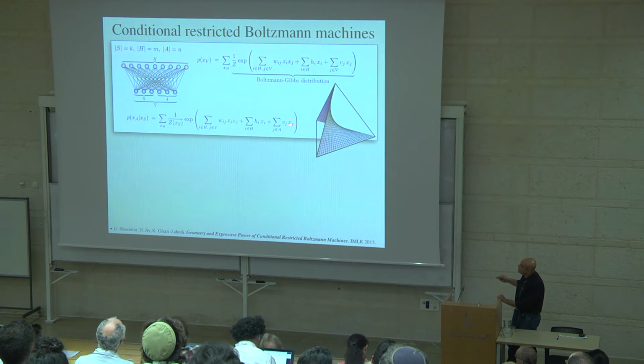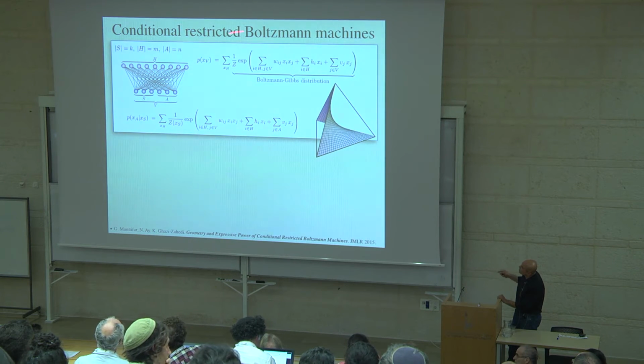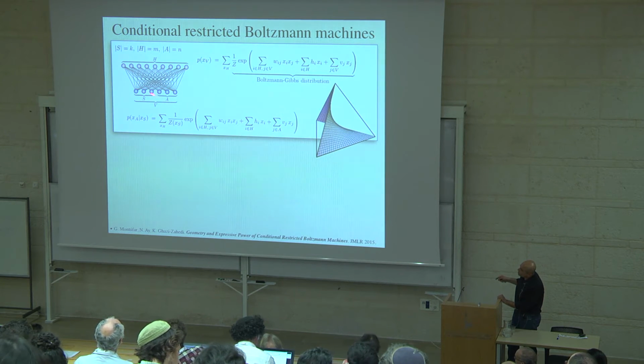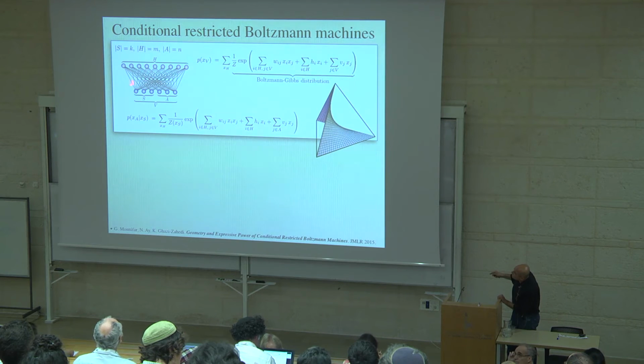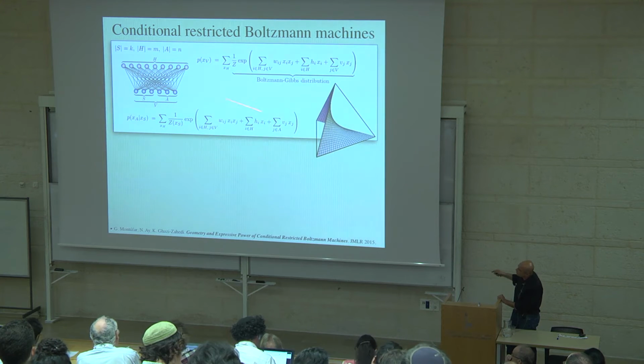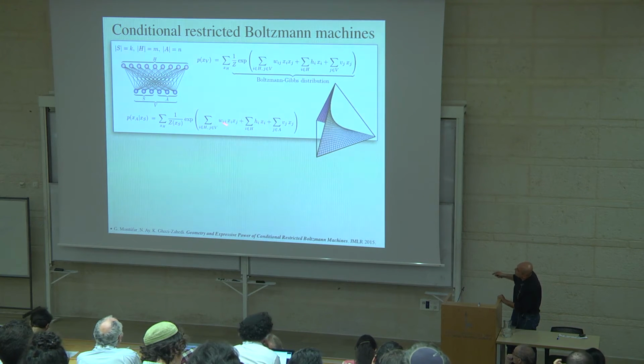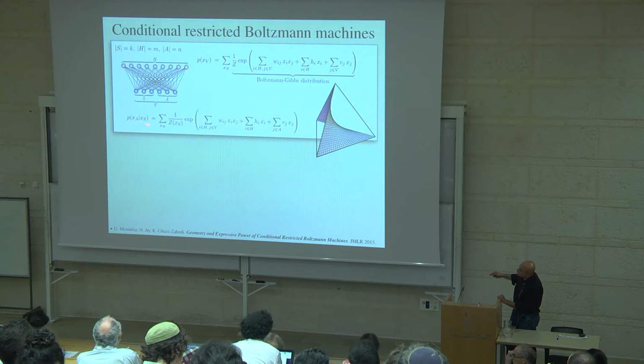But before I continue, let me tell you how we use the restricted Boltzmann machines. We don't use the restricted Boltzmann machines themselves, we use a conditional version of them, which means that we subdivide the visible units into sensor units and actuator units. Taking this joint distribution on the visible units, we can compute the conditional, and this also has a nice structure here. What cancels out is the magnetization of the sensor nodes. This cancels out after the conditioning.